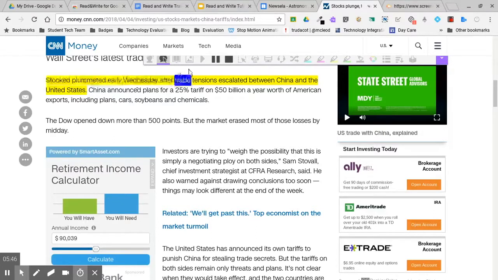Early Wednesday after trade tensions escalated between China and